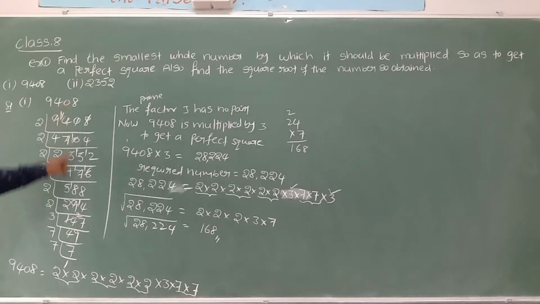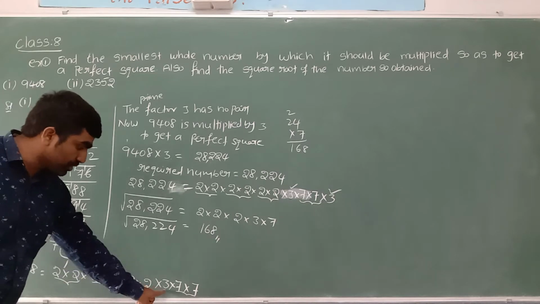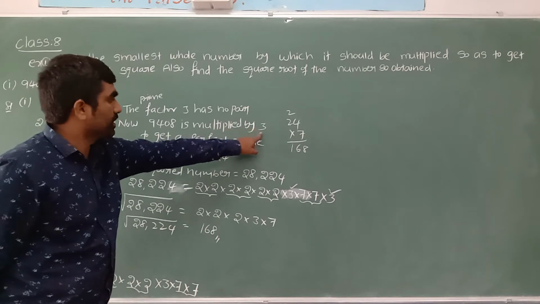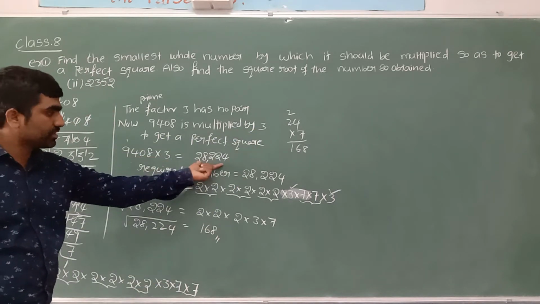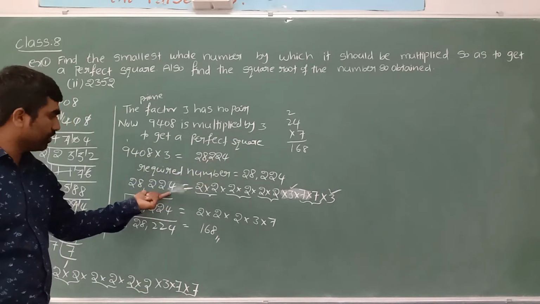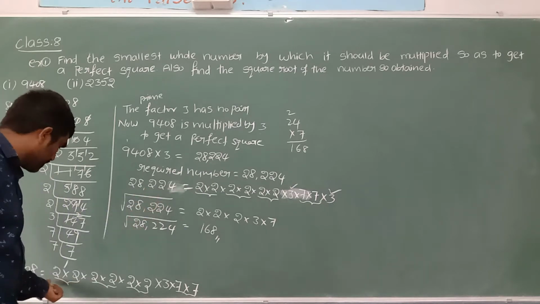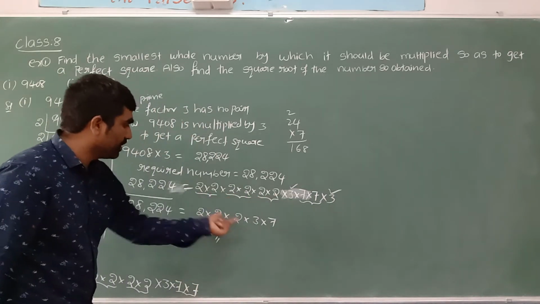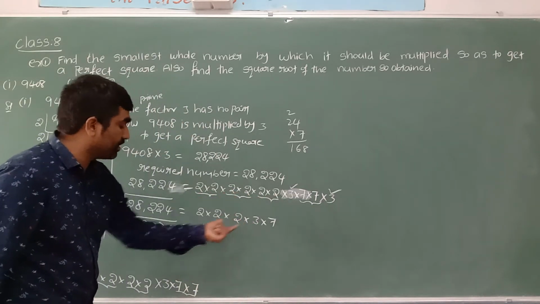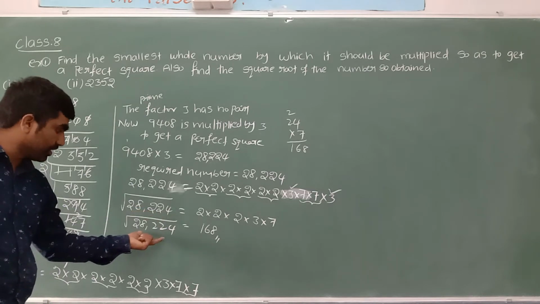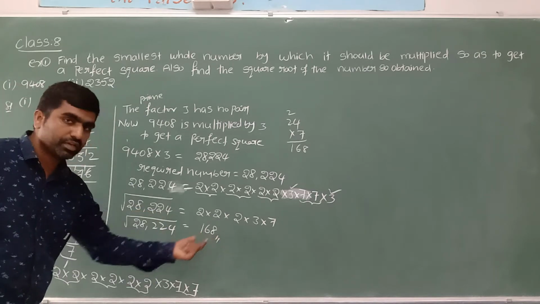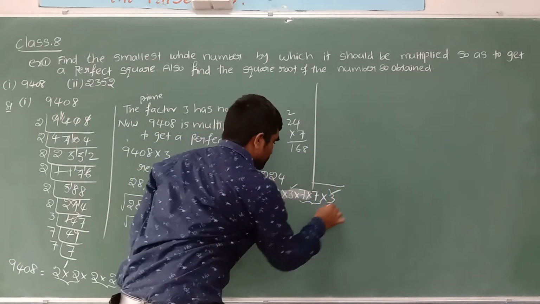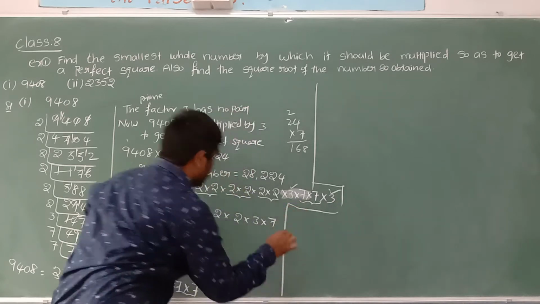Easy method: just take the prime factors of the given number. For which number there is no pair, for that you can multiply with the same number, multiply with 3. So by multiplying I got this, and now it is the perfect square. How did I get this? For the same prime factors, by multiplying with 3, now we can see the exact pairs. For every pair we can take one digit outside while finding the square root. So the square root of 28,224 is equal to 168. Hope it is clear. Then we will go for the next problem.